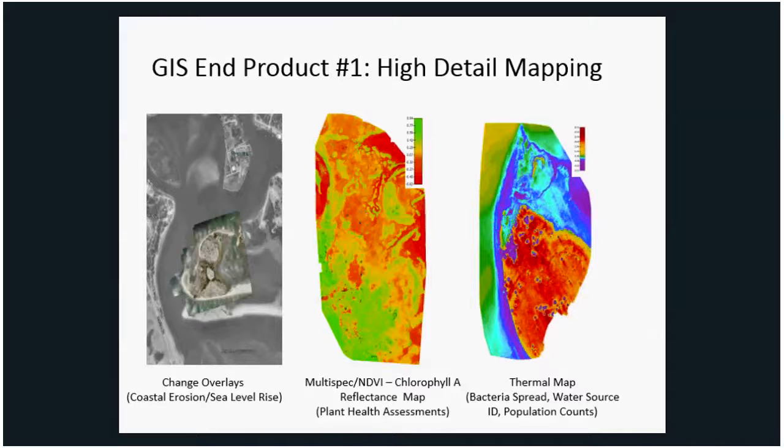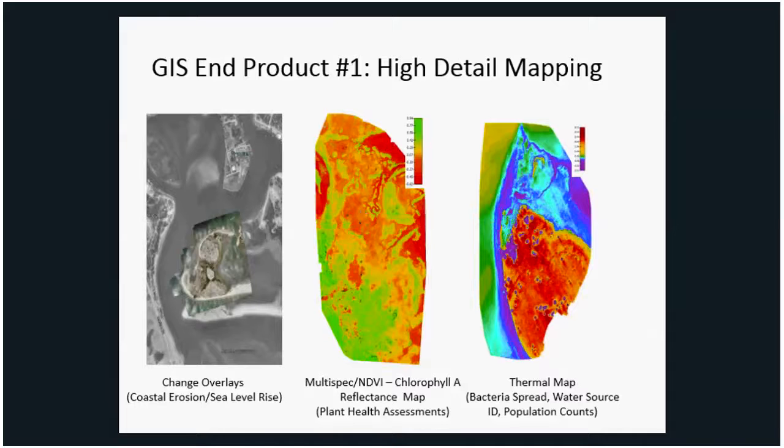The first being a change overlay. Essentially, we create a baseline. This one here, the baseline was a Google Earth image, and we can overlay our drone imagery over the top. This is a barrier island in North Carolina on the left of the screen, and you can see that it's eroded 200 meters in a very short amount of time, and that's very powerful, obviously, in showing that to policy